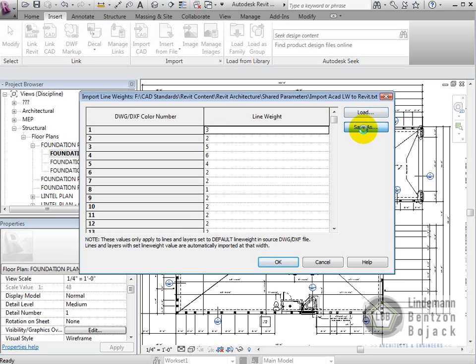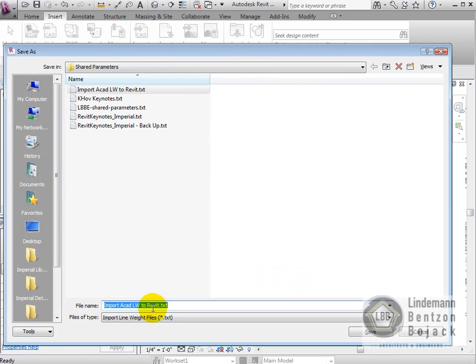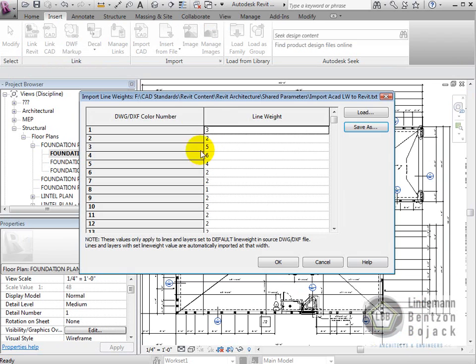And then I can go ahead and save that, and I could go out and save it as my standard import AutoCAD line weight to Revit. That's what it'll default to, or I can give it its own name. And then that is stored in my Revit installation, so every time I import a CAD file, it'll bring in those line weights. So now once we understand how we can apply those line weights, next thing we have to